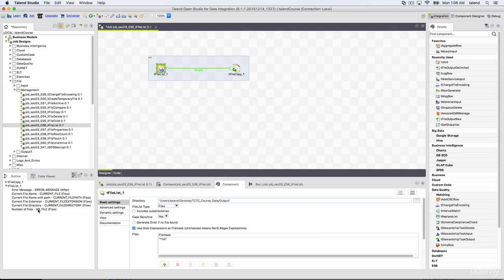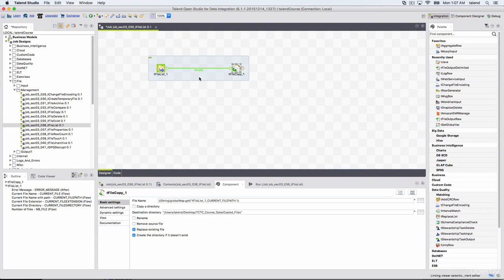So luckily, this component gives us that information. It has 6 global variables: the default error message, NB_FILE, the number of files, and along with that we have 4 others. One of them is current file. When you use this, it will give the file name that is being iterated at that moment. Then it has current file path, which means along with the file name, it will have the file path. File path and file name both will be there with this variable. And then we have file extension. So we are searching for .txt, so this will give .txt. Then the file directory, so it will give this value.